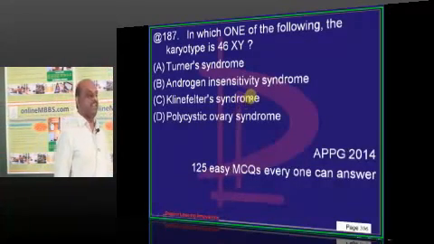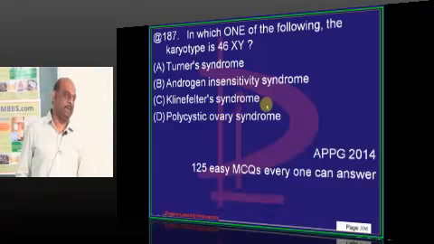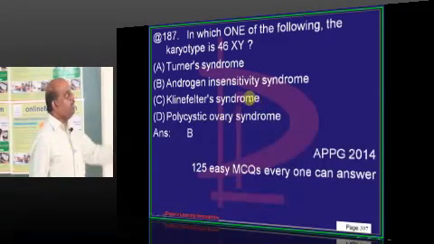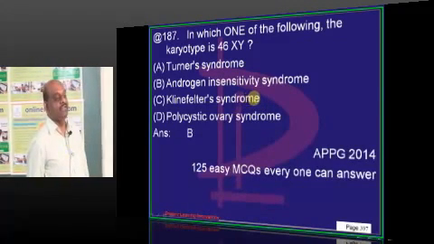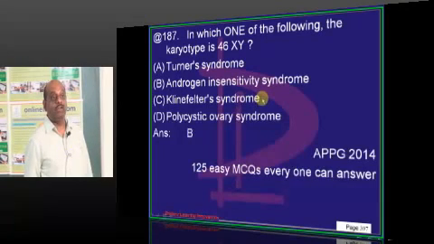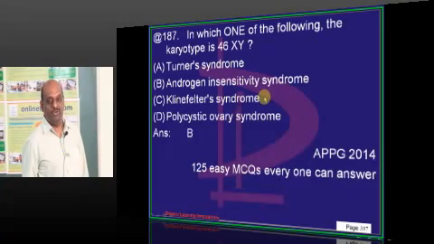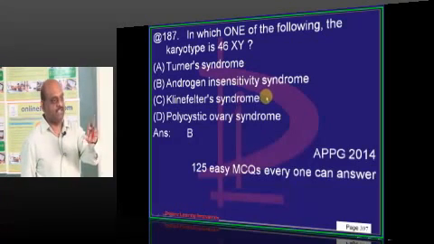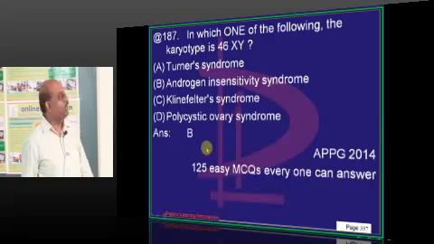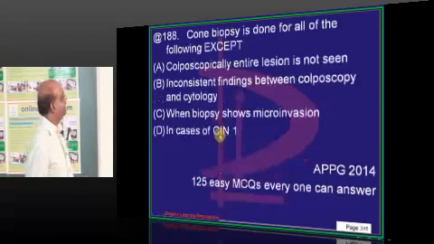Androgen insensitivity syndrome, without that where is the question paper? One more twin sister of this is missing. Mullerian anomalies. One more twin sister is missing, congenital adrenal hyperplasia. One more is missing, multiple endocrine neoplasia. One more is missing, polyglandular autoimmune disorder. There are five sisters, only one of them has come in the exam.